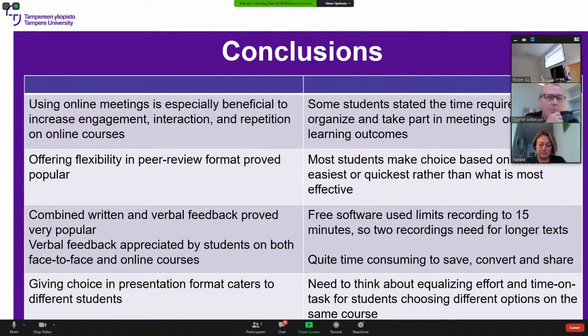We're thinking now it's probably better for longer texts like theses and such that we might actually do the same format but using a Zoom meeting instead, where I'll hold a Zoom meeting, share the screen and just record the feedback that way. In terms of the presentation, the autonomous choice of presentation, that again seemed very